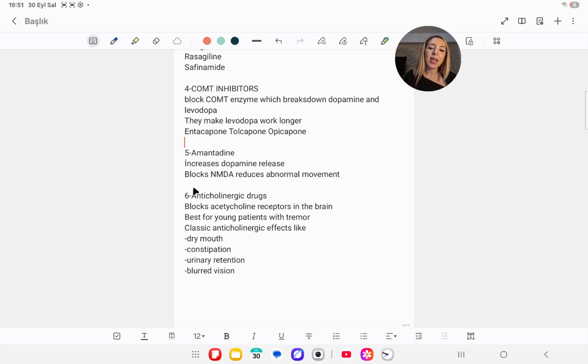And sixth is anticholinergic drugs, which are blocking acetylcholine receptors in the brain. This is best for young patients with a tremor. And as a side effect, we will see classic anticholinergic effects such as constipation, dry mouth, blurry vision, urinary retention, which means hard to pee. These will be